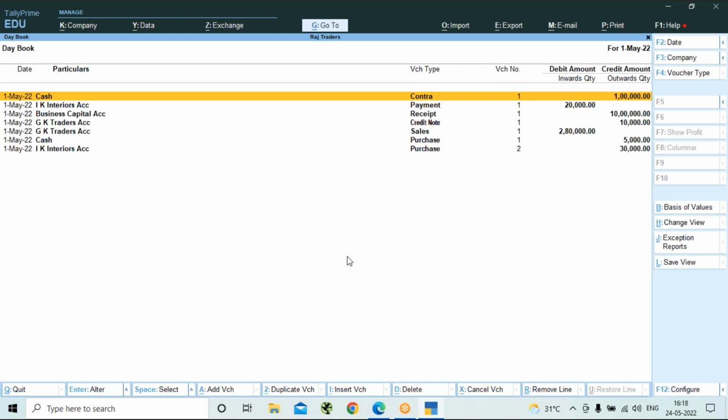Then debit note is for purchase returns. So when there is a return of goods or services values, or if there is any kind of reduction in the prices of any particular type of services value, you can do it with debit note. And at the same time the credit note will be for the purpose of sales returns. So these are the voucher types which we have tried. So in case if you want to see that,